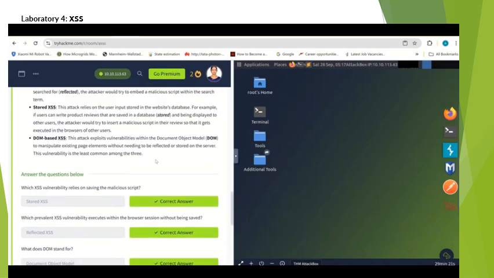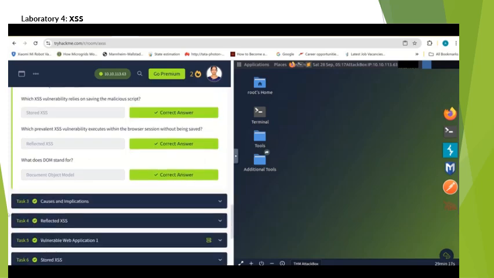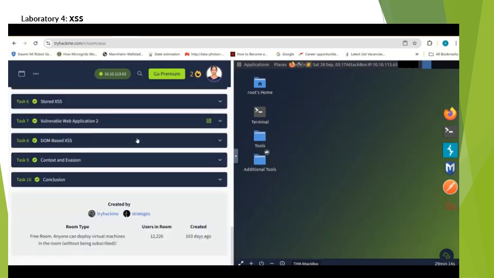And what does DOM mean? DOM means Document Object Model. So that task is completed. Then comes